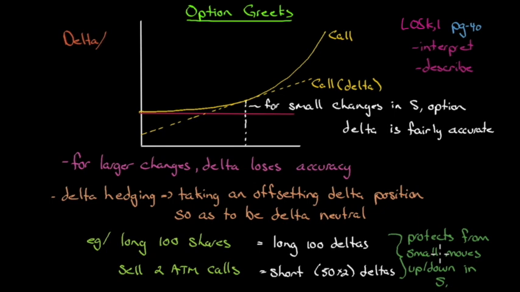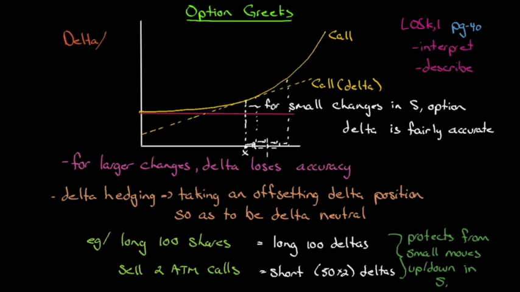Let me say that again. Delta changes with moneyness. So let me see if I can give you an example on this chart right here. So let's say the stock price moves up a little bit to here. We can see that the delta sort of approximates the move. So if I delta hedged at this point, let me say X marks the spot, and the stock moved up by a little bit, it would be okay. But if the stock keeps moving up by the same small amount each day,